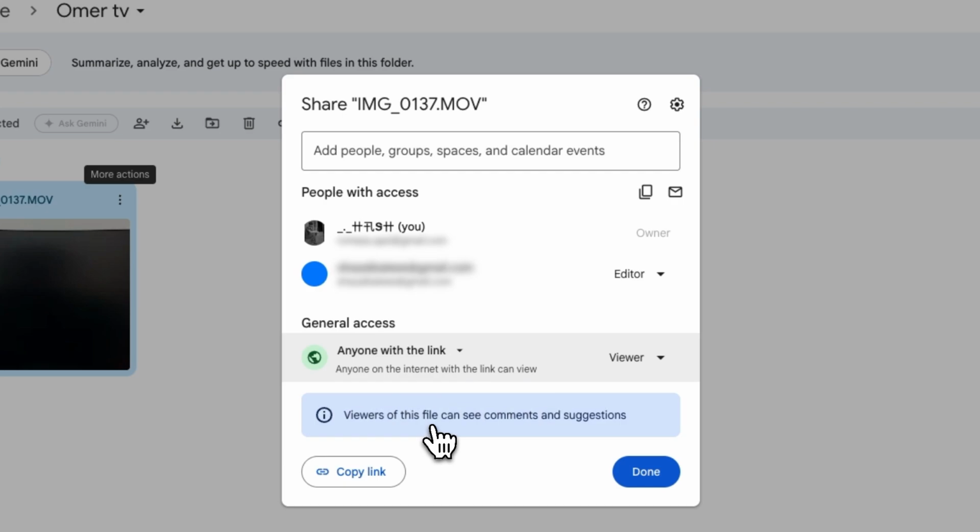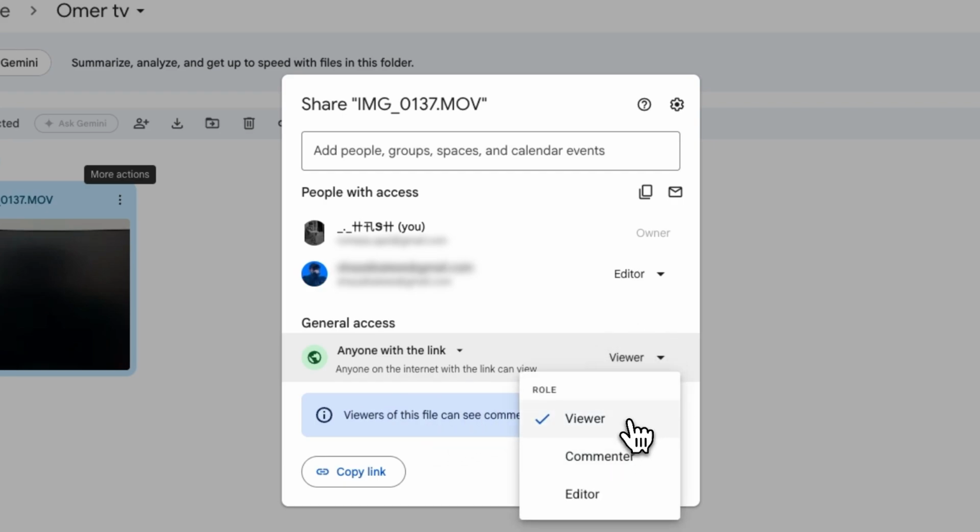Before sending access, make sure the general access setting is set to anyone with the link if you want anyone with the link to open it. Next, choose the permission level you want to give. Select Viewer if you only want the person to view the file, or choose Editor if you want them to